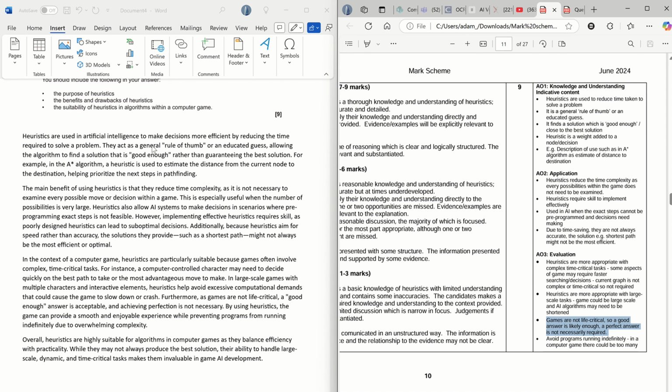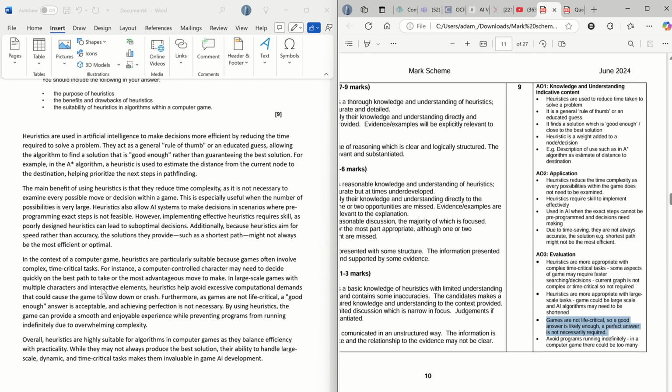Is it the best answer in the world? No, but it's meeting the high band. So hopefully that gives you an idea of what you should talk about. So to summarize, make sure you're covering these main bullet points. You need to know exactly what a heuristic is and the key talking points about heuristics, and then link them back to the question. So if I'm thinking about accuracy, for example, well, if I've not got an accurate solution, how important is that? That's your kind of evaluation, isn't it? If that makes sense, okay?